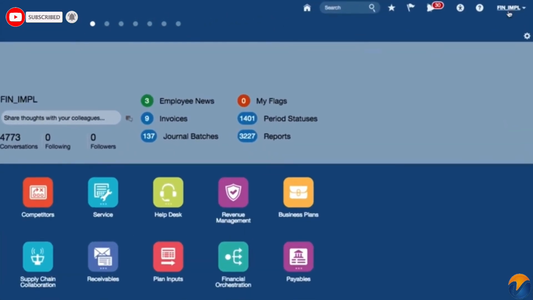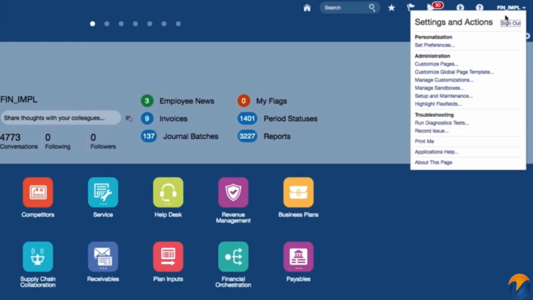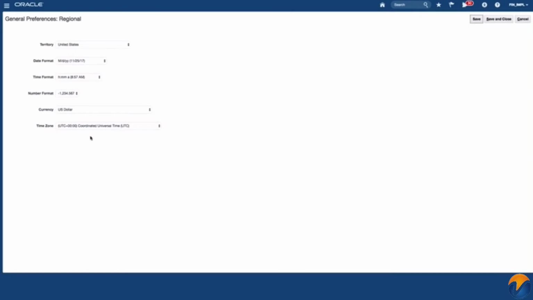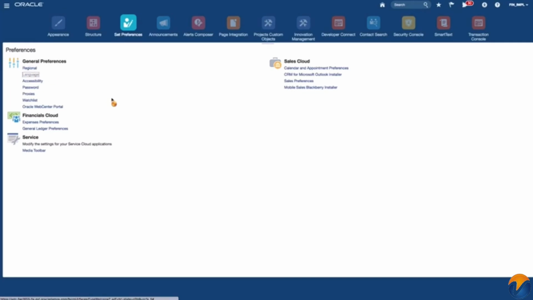Very quickly, let's have a look at the settings and actions menu. If I click on my username, that gives me access to my settings and actions. If I want to sign out of the application, I just click on sign out, and that logs me out. I can set my preferences. This is basically my viewing preferences. So I can set my regional preferences from here. The number format, the date format, and time zone can be set from here. That's from the regional preferences. I can set my language,